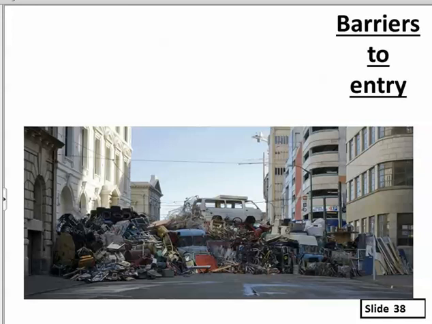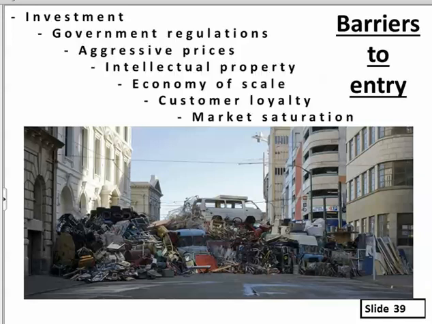What about government regulation? Let me see if the next slide deals with that. Yeah, here we go. So, how much does it cost you to get set up in the business? And what is the initial investment? What about government regulations? Is this an area where you have a lot of very particular rules and regulations that have to be followed? How is pricing in that industry?